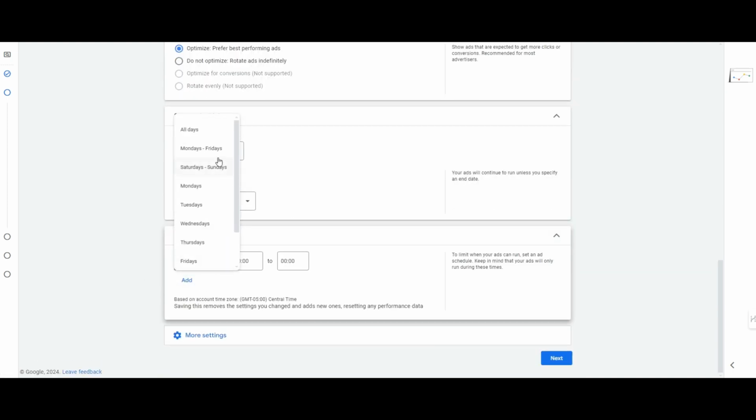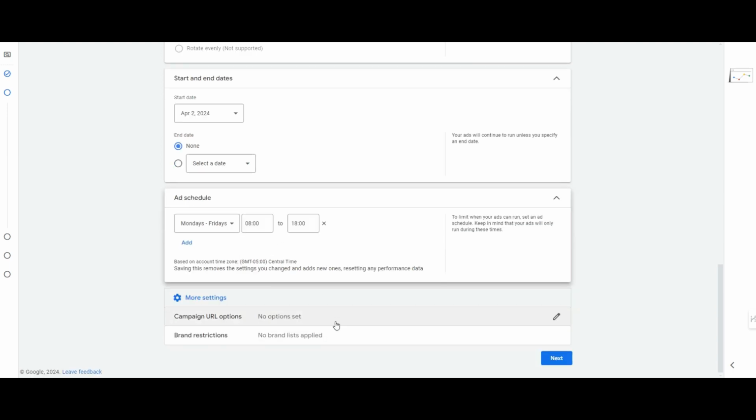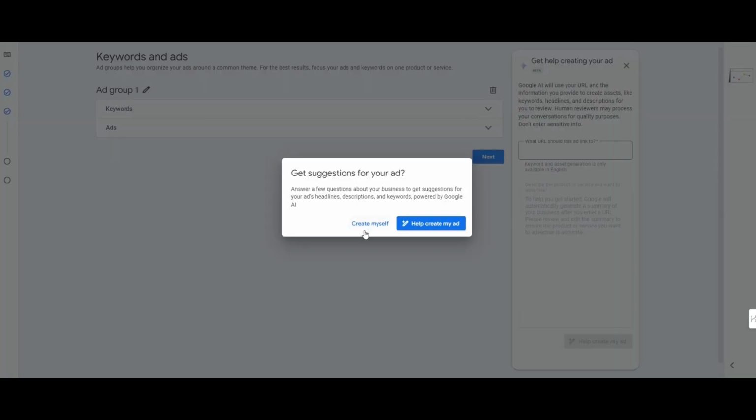What you'll likely want to do for this, guys, is what I'd recommend is run it only during business hours. So if your business hours are 8 a.m. to 6 p.m. Monday through Friday, only run it during those hours because you're going to miss phone calls and leads if you run it outside of those hours. So campaign URL options, don't worry about that right now. Select got it, and now we're going to go on to the